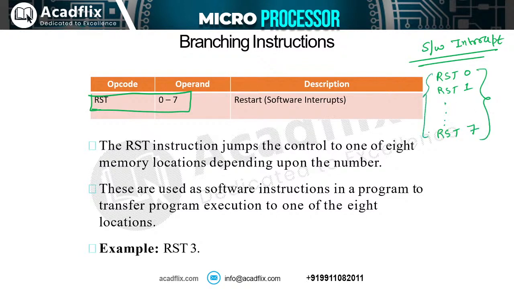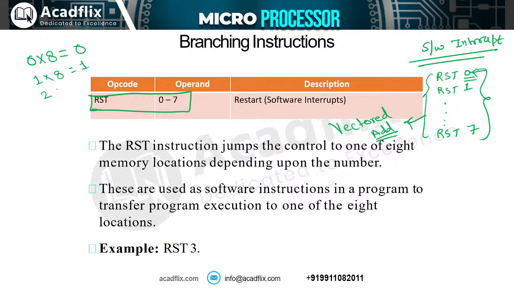Why are we calling them vectored interrupts? They are called vectored interrupts because we have a vector address given. That means the address of the interrupt service routine for these interrupts can be obtained from the vector address. Here we have 0 given; this is the vector number. We multiply the vector number with the data bus width. The data bus is 8-bit. We multiply this and we get the jump address. The jump address will be 0 here. For example, for RST 1, the jump address will be 8.